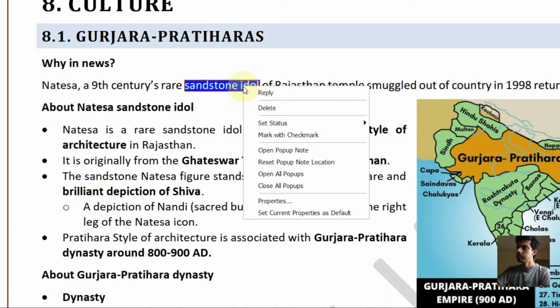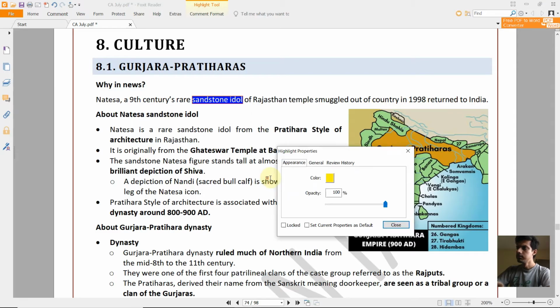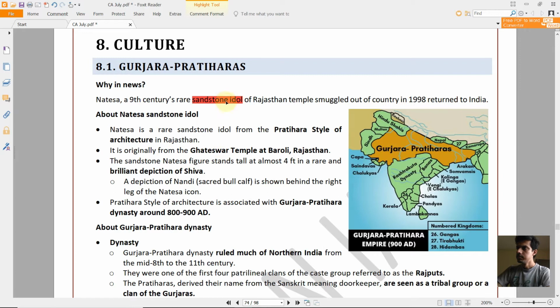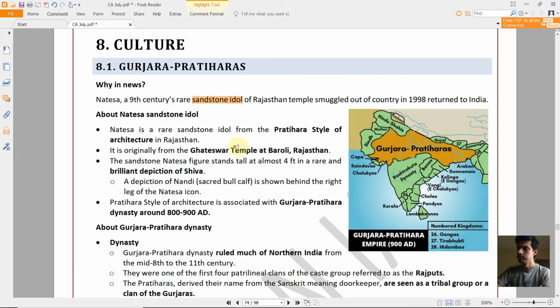So now you can also go to this properties tab and then you can change the appearance of the color. Like by default it will be yellow. I will change it to this light orangish color. You can see, but it is very dark. I want it much lighter. So I'll again go to this properties and select an even lighter color. So this one I think looks perfect. So we will be continuing with this color.